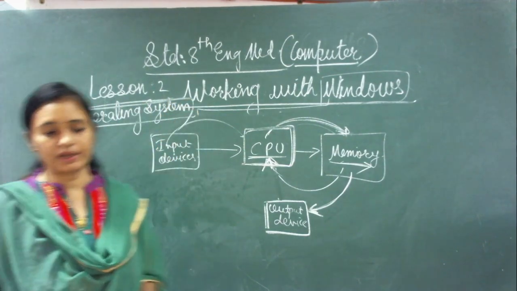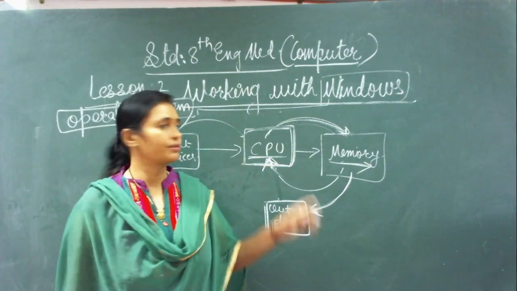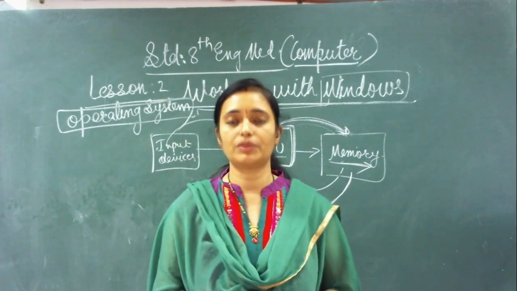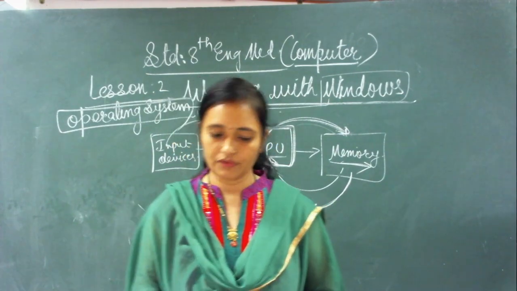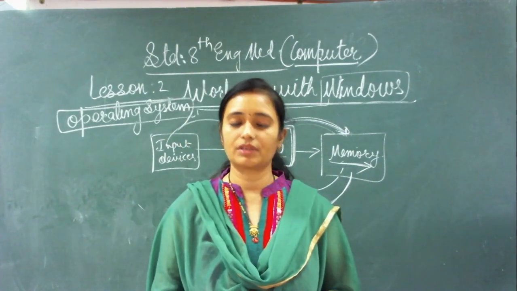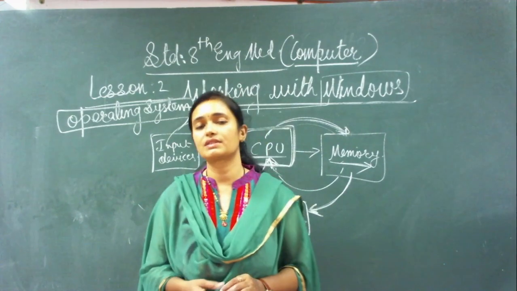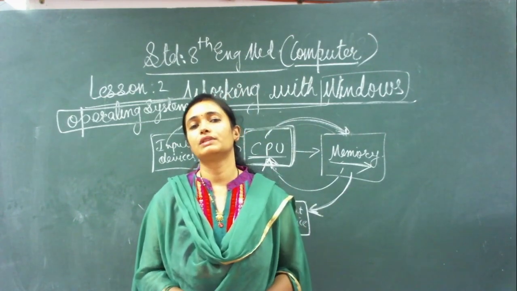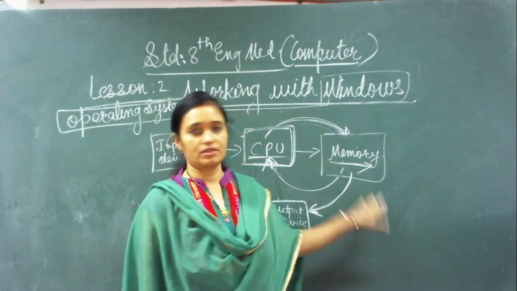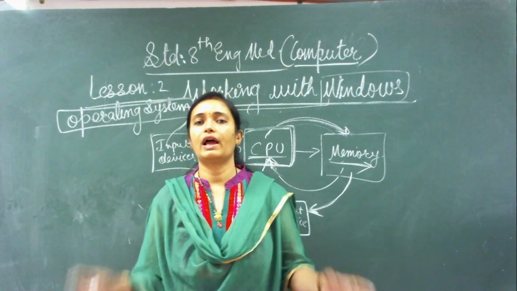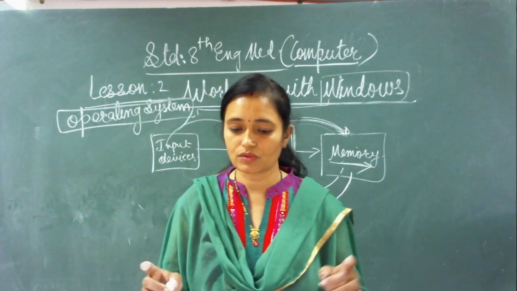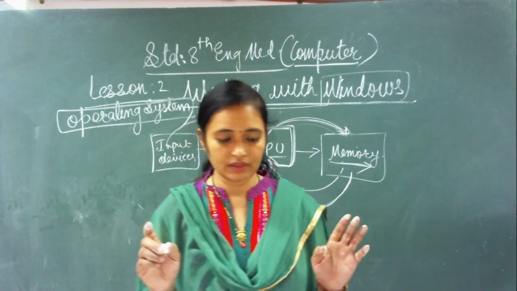Okay, so for that purpose, the operating system is used. Right? Why is the operating system used? For controlling the whole function of the CPU and to help the CPU to perform its tasks or functions. A series of such programs that are used to operate a computer is called the operating system. It means that the operating system will help the CPU to perform these different functions, and it will help the CPU to operate the computer, and that's why it is called the operating system, right.